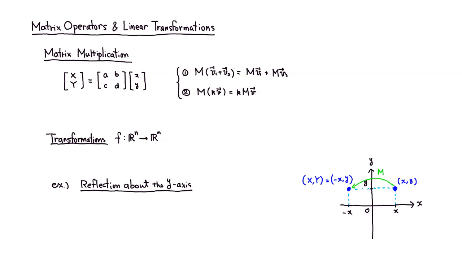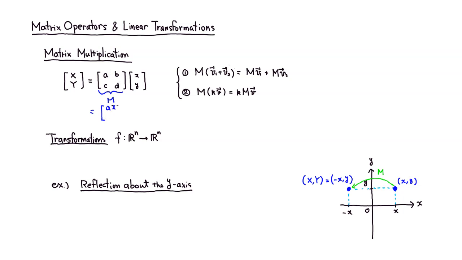All right, let's look at the matrix operators and the linear transformations. So let's look at matrix multiplication. Let's say you have a matrix M, so here M. If you apply matrix multiplication to, say, the vector x comma y, then you just go through the matrix multiplication and you get, of course,